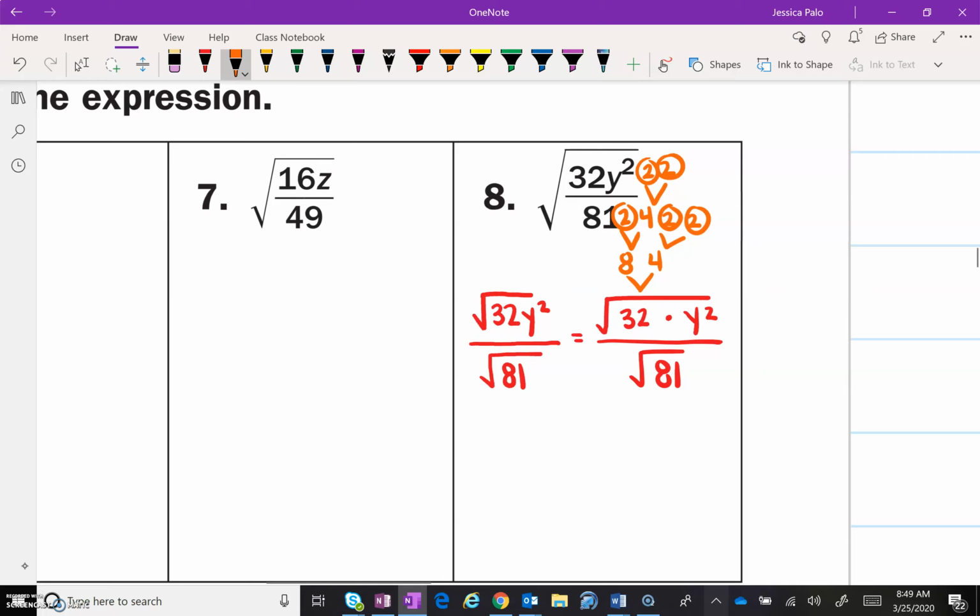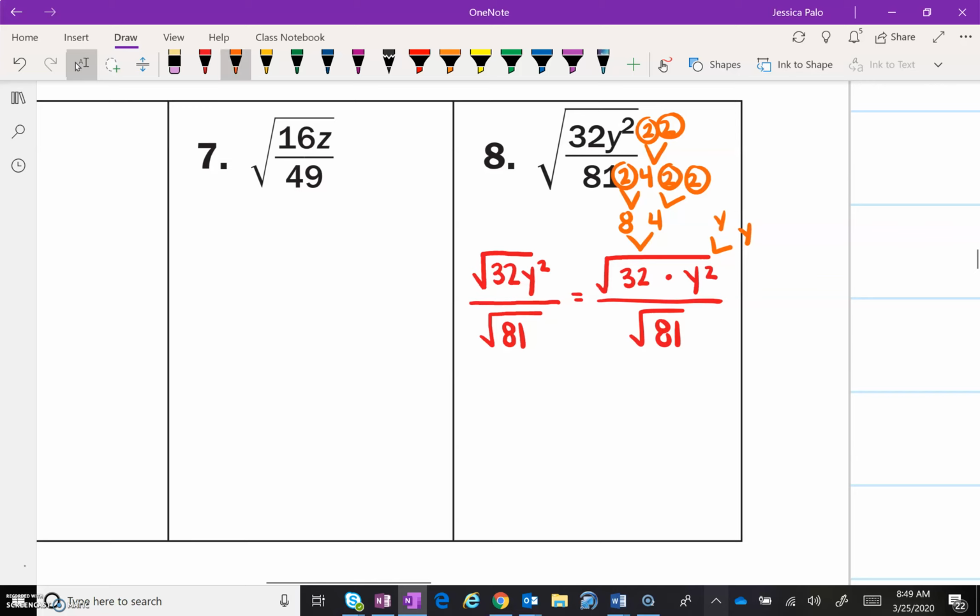And y squared is y times y. So we are going to rewrite this again: 2 times 2 times 2 times 2 times 2 times y, all over